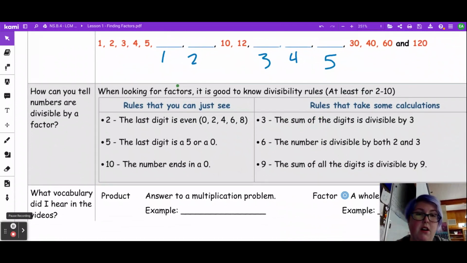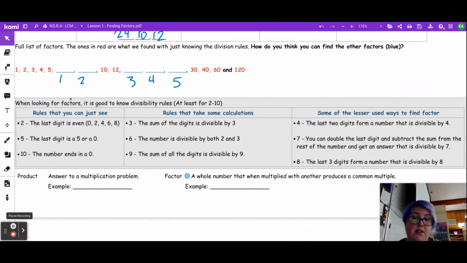So if you are confused about that, how can you tell if numbers are divisible by a factor? Here are some rules for all of the numbers 2 through 9. Here are some of the ways to find those factors. So don't forget to